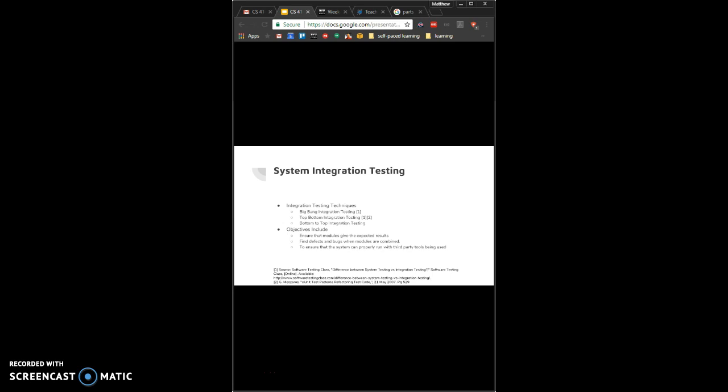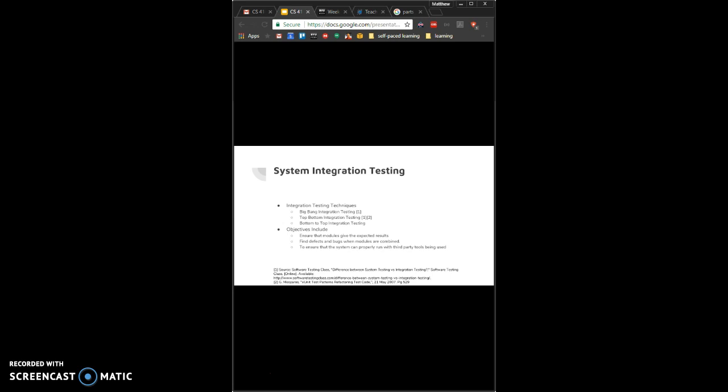When we are integration testing, we can use one of three techniques: Big Bang integration, top-bottom integration, or bottom-to-top integration. The Big Bang integration testing takes place when a tester combines all the modules together first and then performs a test on them. In top-bottom integration testing, the tester uses test stubs or test modules beginning with the topmost module. A test stub refers to a program that simulates a module that the